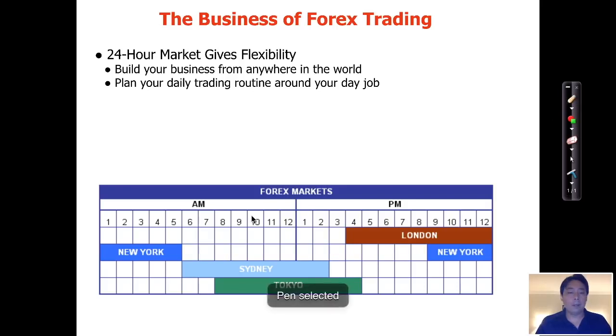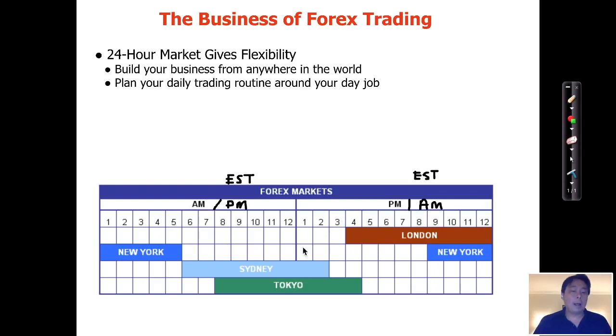So in other words, Singapore 1 a.m. would be PM for Eastern Standard Time. Eastern Standard Time, that would be New York time. Okay? And again, 1 p.m. Singapore time would be AM Eastern Standard Time. So just flip it around if you are in the Eastern Standard Time zone. Okay? All right. So what happens is, I'm going to talk in terms of Singapore time, so just flip it